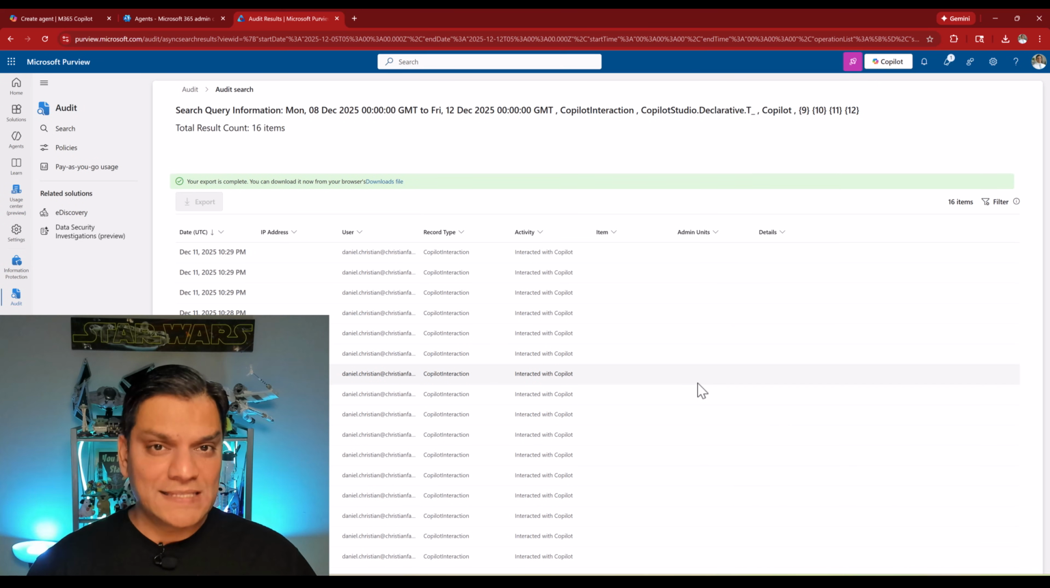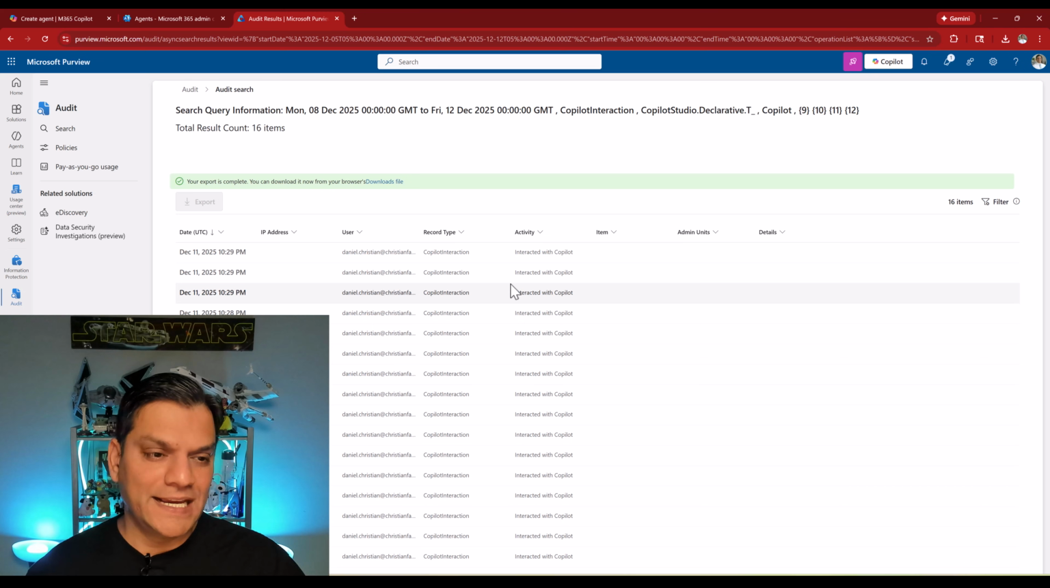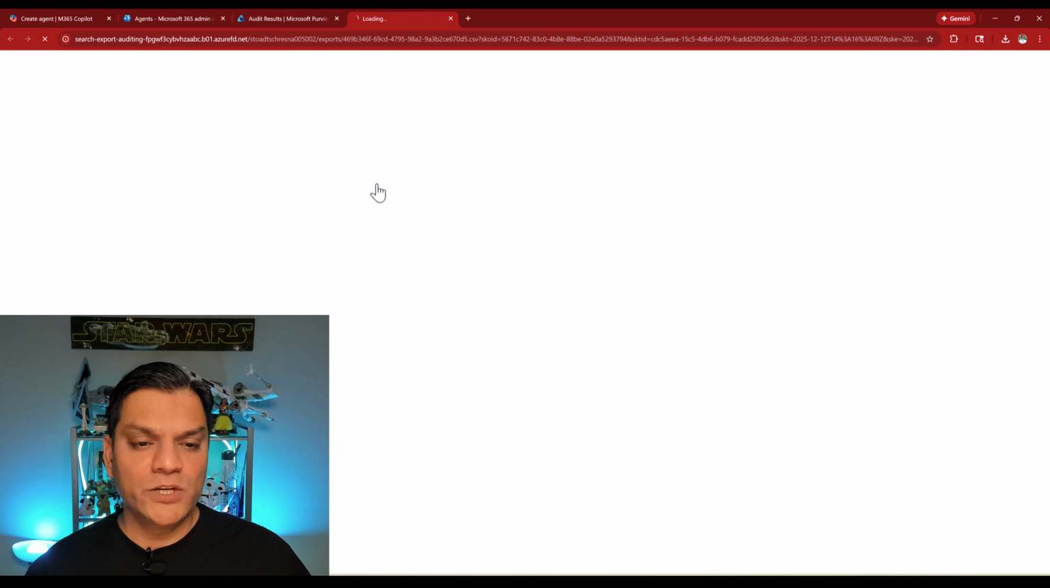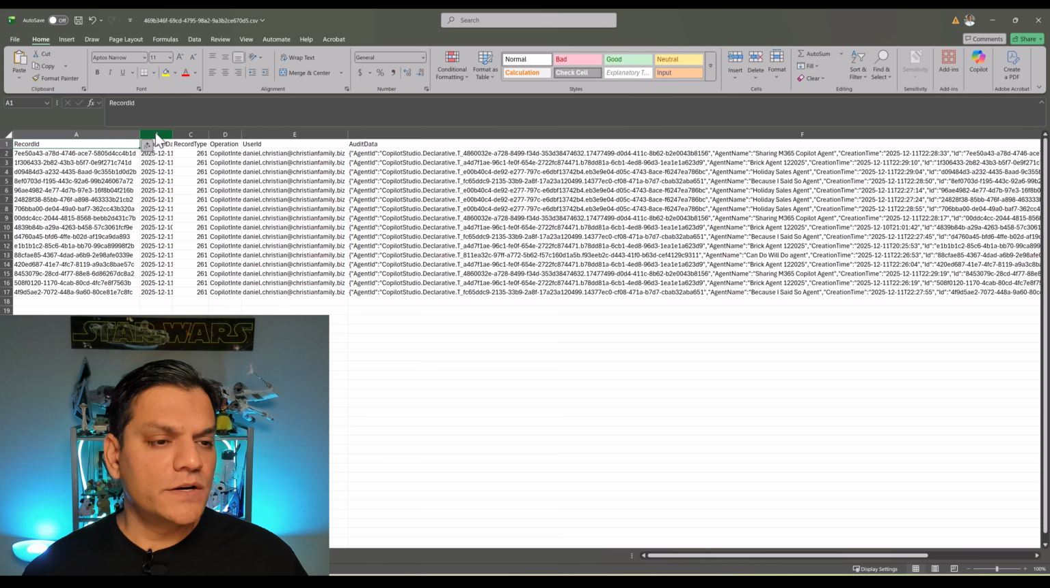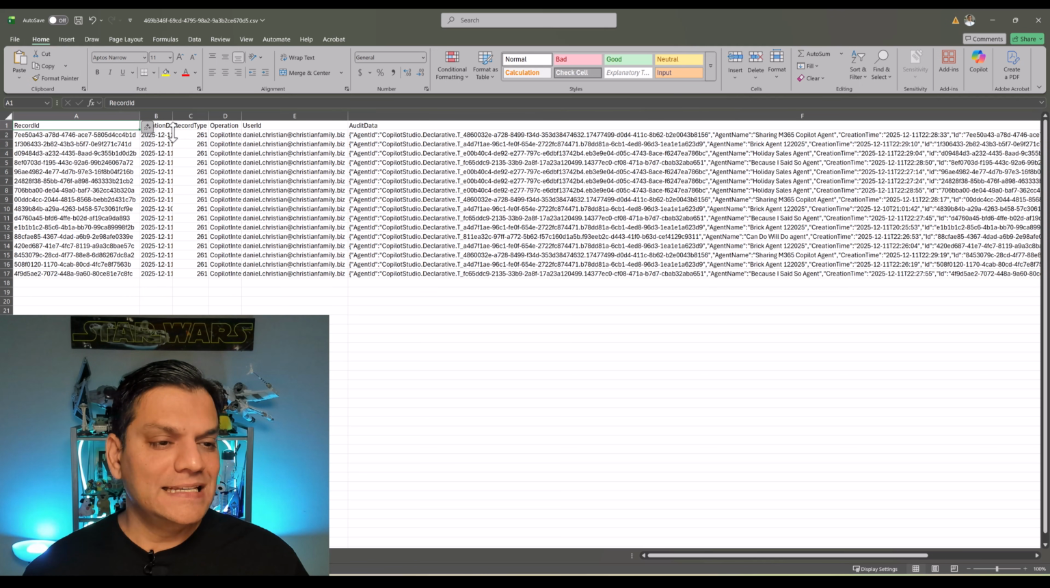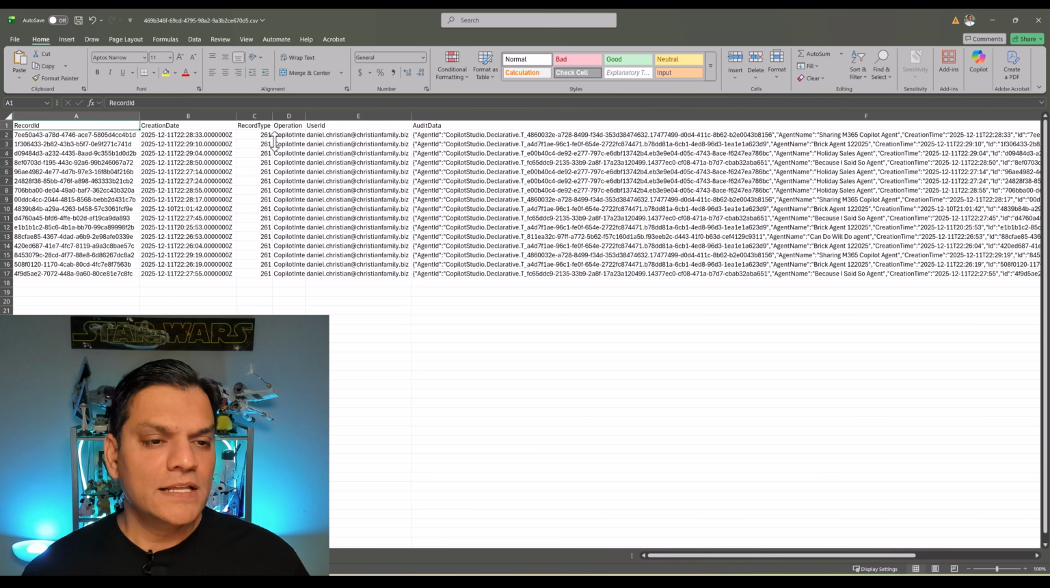Now, you as the admin have to decide how you're going to take the next steps. Either way, you've got the data. You can go ahead and download it and you will see what this file looks like. This is what the file looks like. There is the record ID, this is the date that you want, the record type, which is its own name, and here is the audit